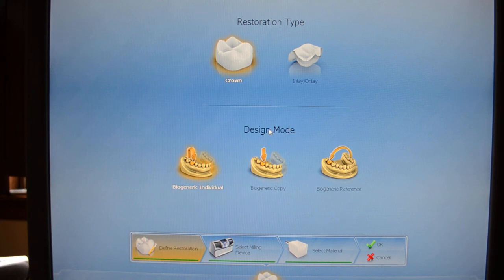Now I can tell you that might be a third of the time. The remainder of the time, with very few exceptions, we're working with biogeneric individual, and we are allowing the software to build teeth for us. So any single tooth, 30, 31, 29, 30, two teeth at a time, badly broken down teeth, whatever the scenario may be, 70% of the time we're working in biogeneric individual. But the key to this page is to know